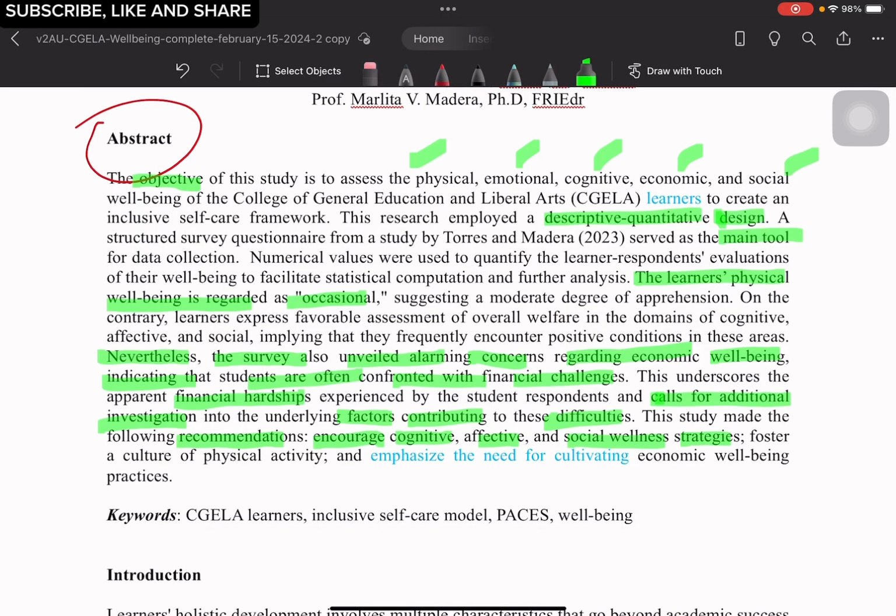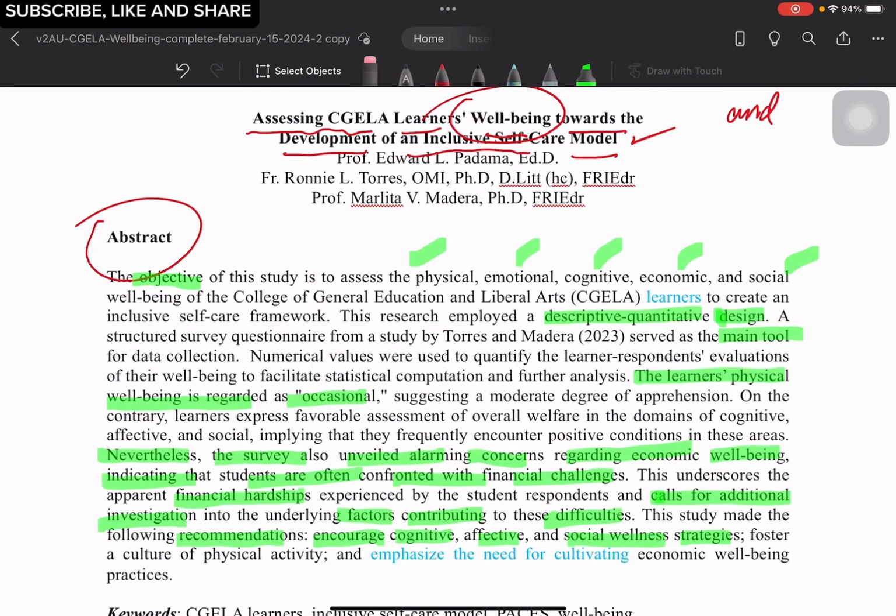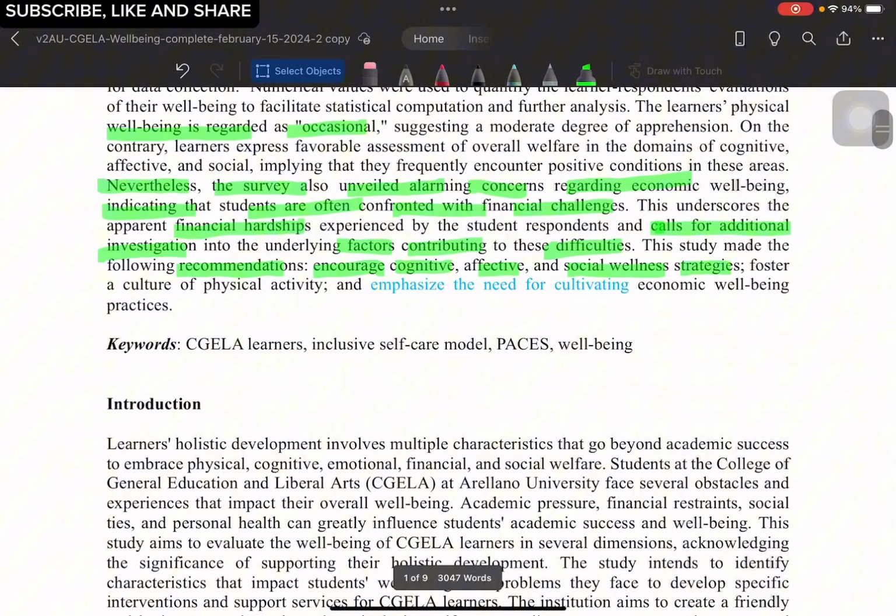Okay, and then the last part of the abstract are the keywords. So in this case, the words that are unfamiliar, the words that are technical, should be included in your keywords. So this should not be just any word that you choose to use as part of the keywords. This should be the terms that usually rise up and are commonly encountered in reading or writing the research paper. The next part of this study is the introduction.